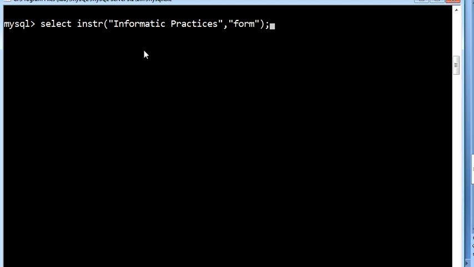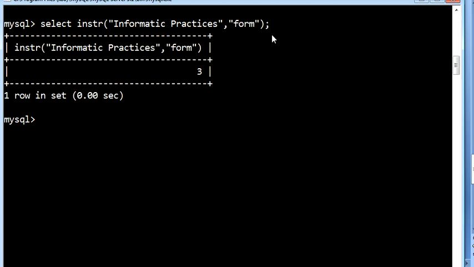So what will it do? If the whole word, exactly in the same format, is available here, it gives the result as its index position where it starts. Otherwise it returns 0. Let's see, FORM is available, right? So it gives the result as 3. You can see the index position of F is 3. The whole word should match, then only it gives the result. Suppose it is FROM.